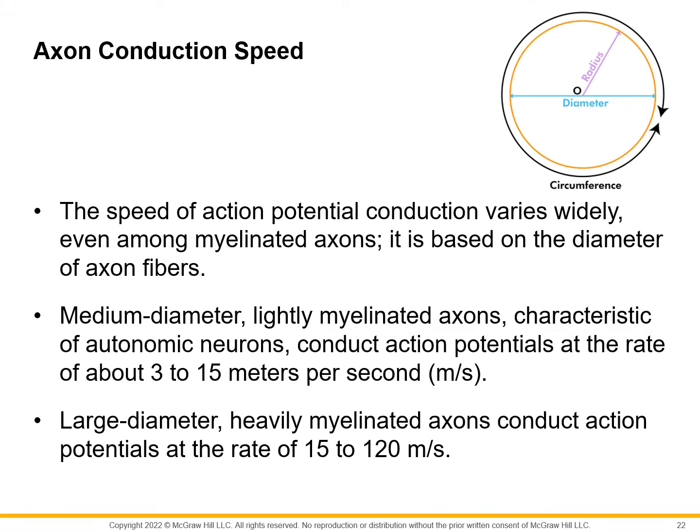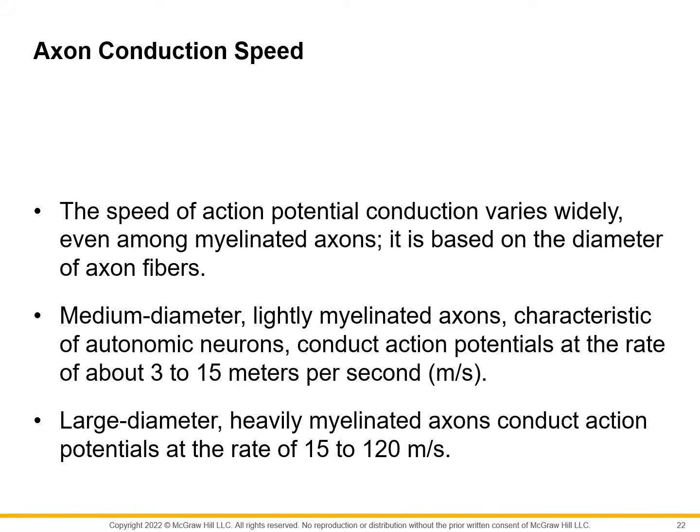So to simplify, yung bilis daw po ng pag-transmit ng action potentials ay nakadepende sa lapad ng axon. Medium-sized axons conduct action potentials much slower, no? 15 meters per second lang daw po. Larger axons have a higher conduction velocity or mas mabilis daw po silang mag-send ng signals at 120 meters per second. So ulitin po natin, no? Medium diameter axons, slower. Large diameter axons, faster.